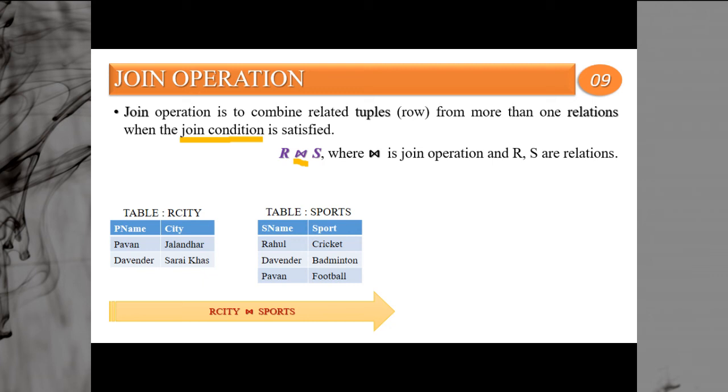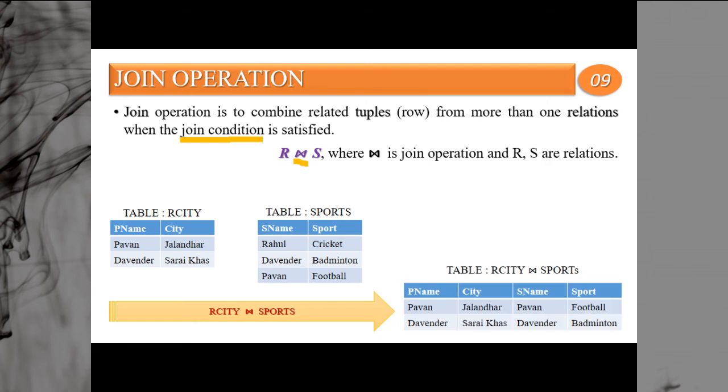In table RCT we have the name of persons, and in the sports table also we have the name of persons. So the common thing between the two tables is the name of persons. By joining the two tables, we want to relate them on the basis of the person's name, P name and S name. So this is what we say, table RCT joins sports.